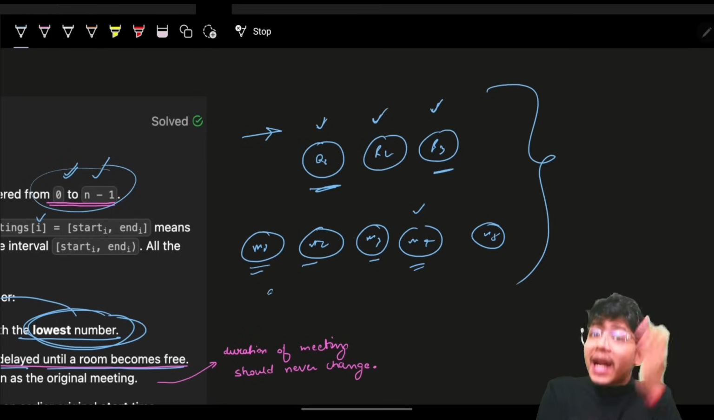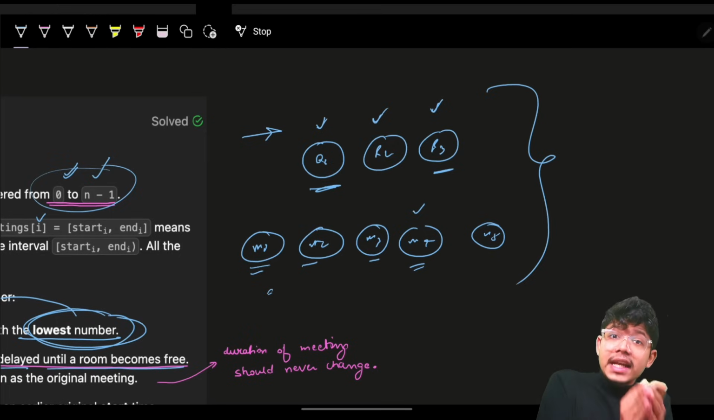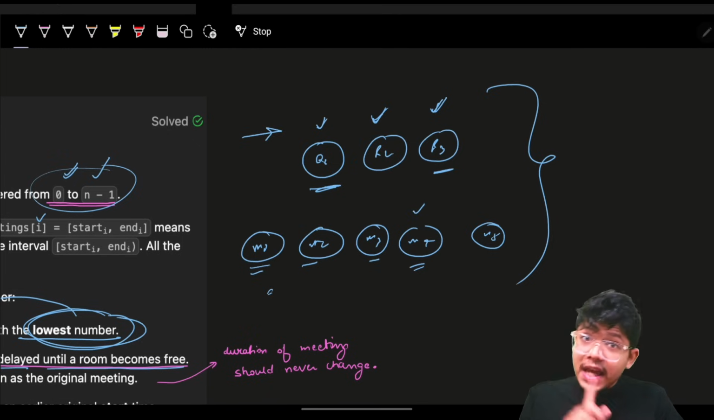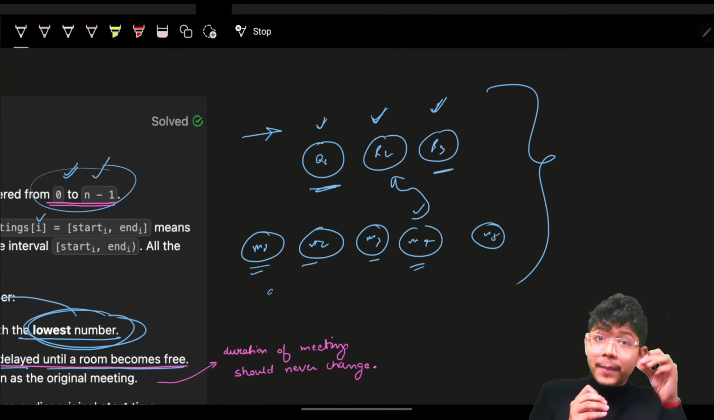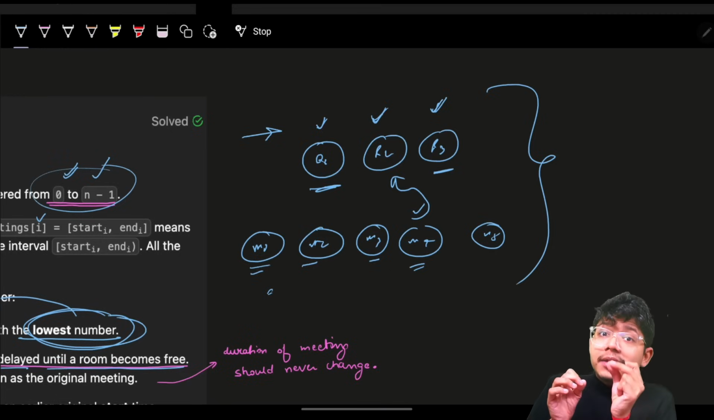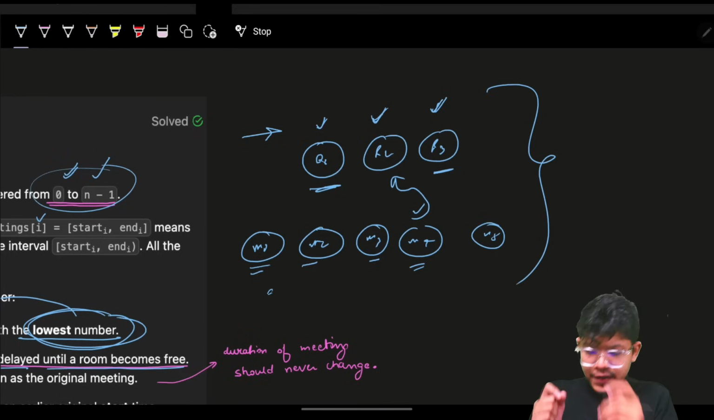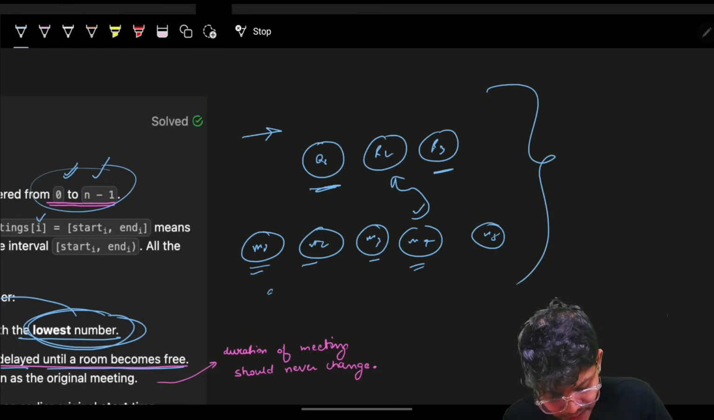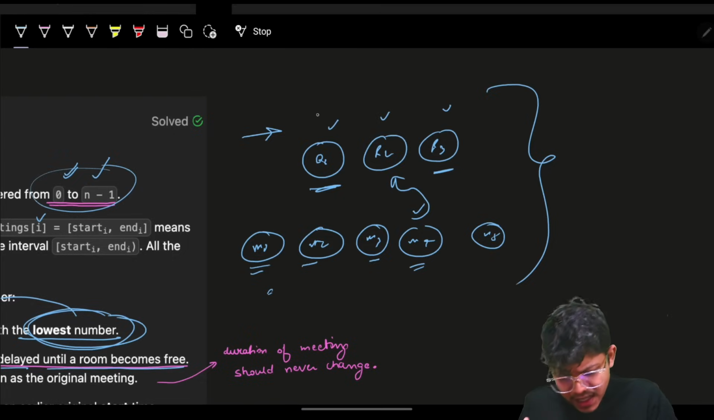Now meeting 4 will for sure happen, but as the meeting rooms are occupied, it cannot happen right now. It will be delayed until any one of them, whichever finishes first, and I will go and have my meeting in that specific room. For example, I had room 1, room 2, room 3, and let's say all the rooms were occupied with some time